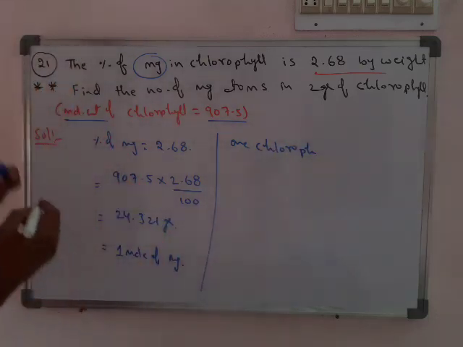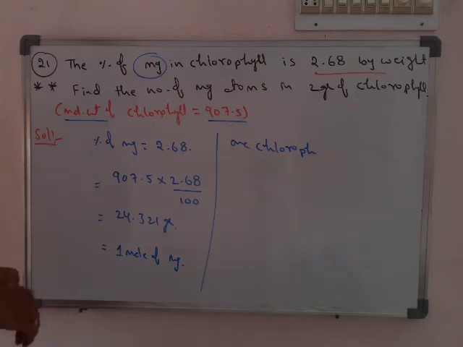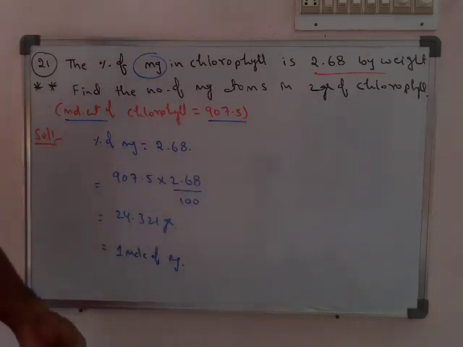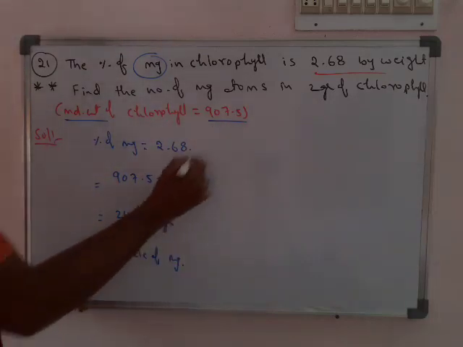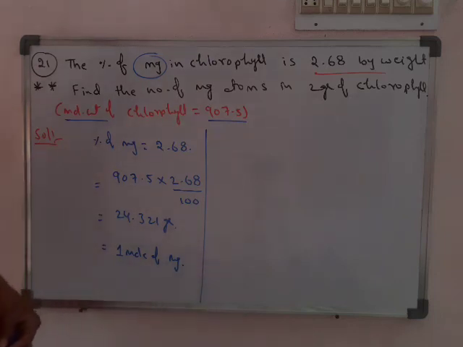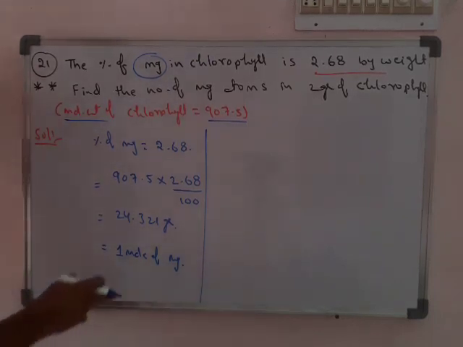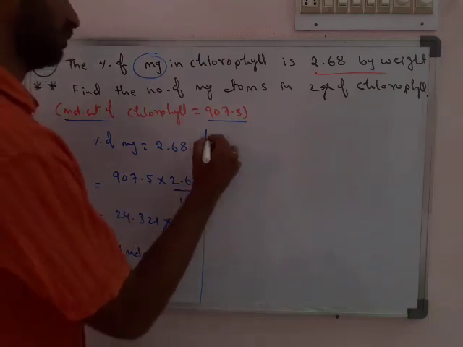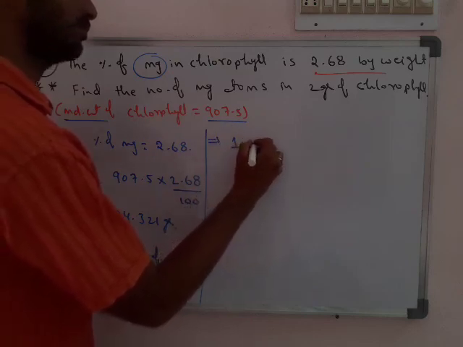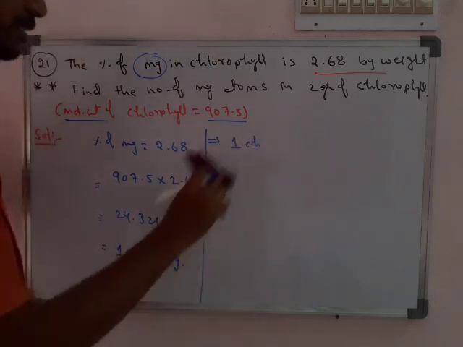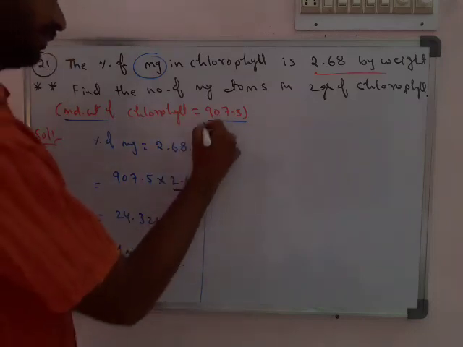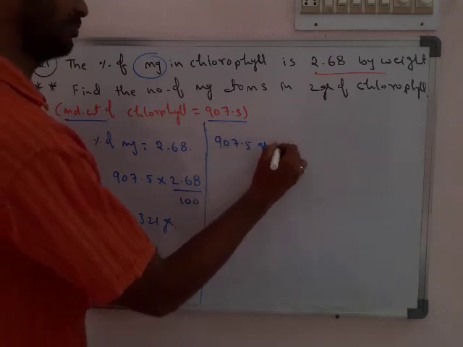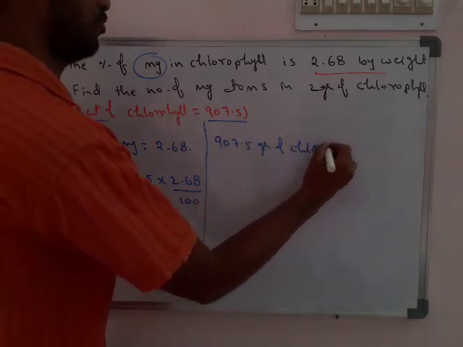Sorry, here again, how many magnesium atoms are present in 2 grams of chlorophyll? So again it is given 2 grams. So the number of atoms comes here. The question is for 2 grams of chlorophyll. So here, in 907.5 we have 1 mole of magnesium. That is, simply we can say 1 chlorophyll, 907.5 grams of chlorophyll